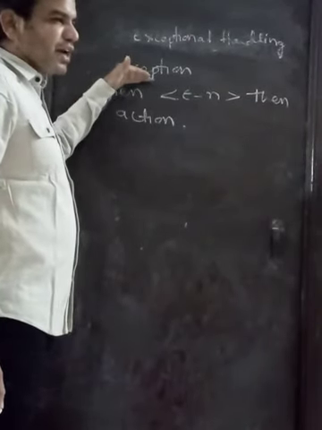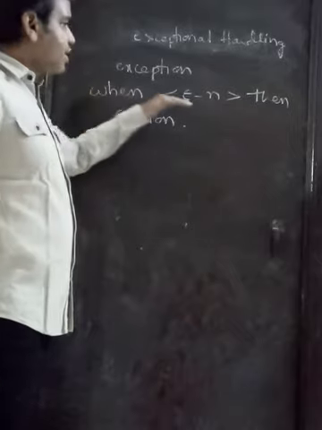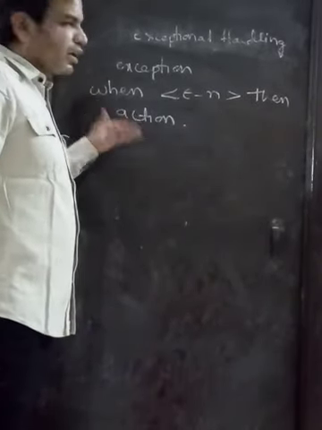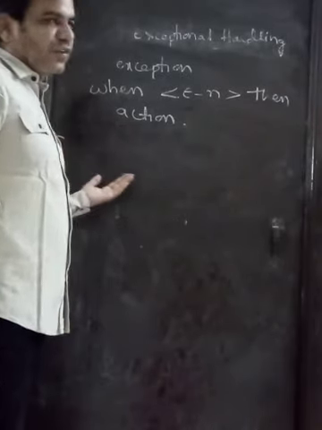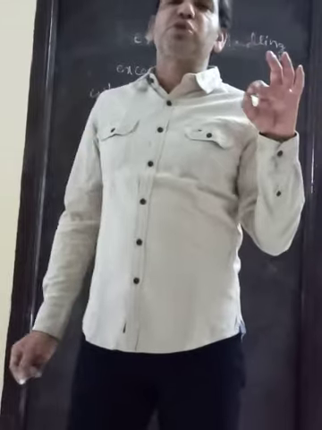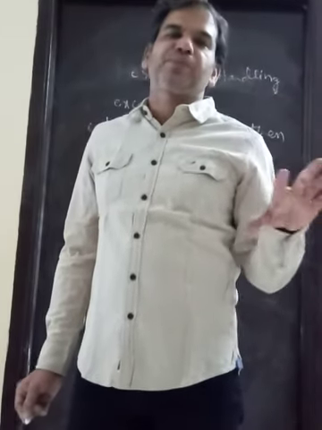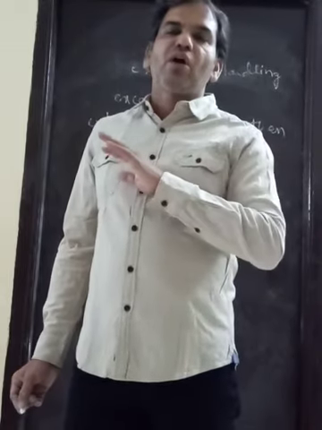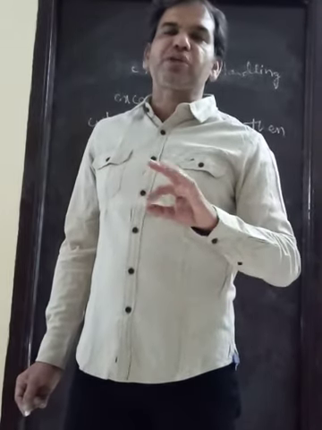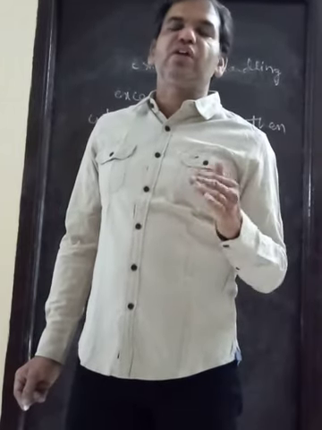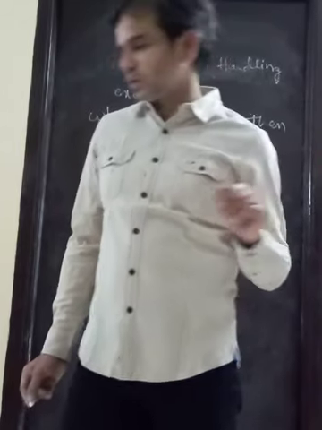In exception handling, the exception will be there. When exception name, then we should write the action. It may be predefined or user defined. If a user defined exception is there, compulsorily the exception name we should specify in the declaration part. Today and in the next classes we will see all the predefined exceptions, too many rows, no data found, and also we will see one user defined exception. Okay.